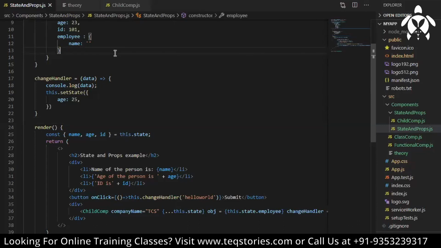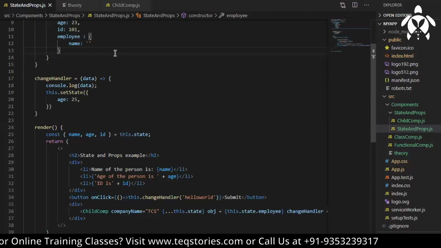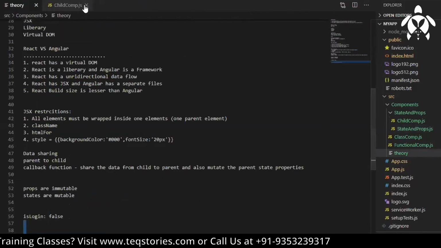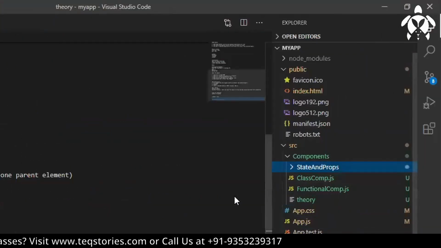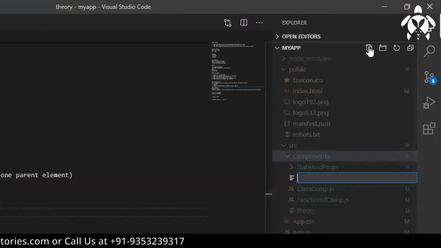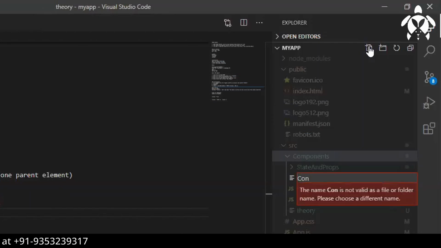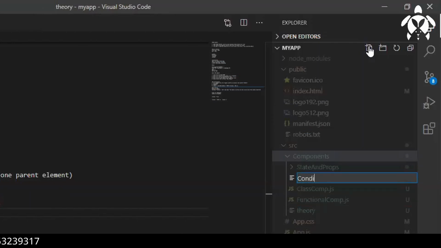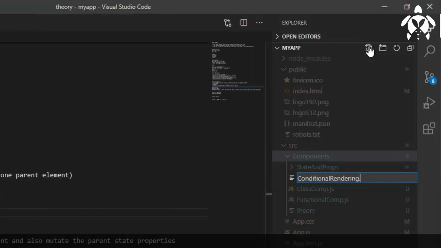Let me have one more component. State versus props is done, and for conditional rendering I need only one file. You have observed my file name starts with a capital letter.